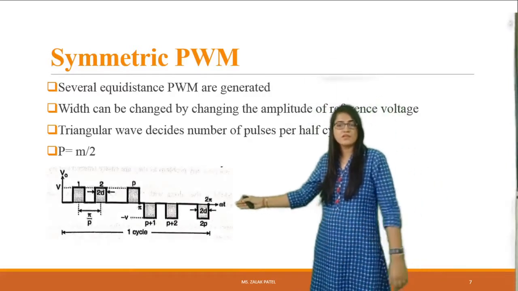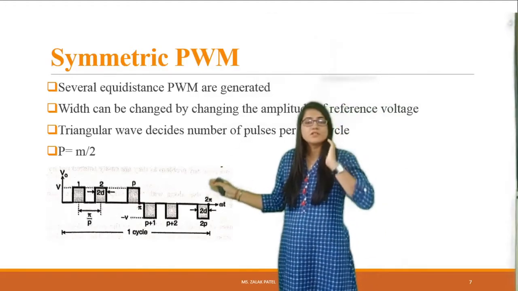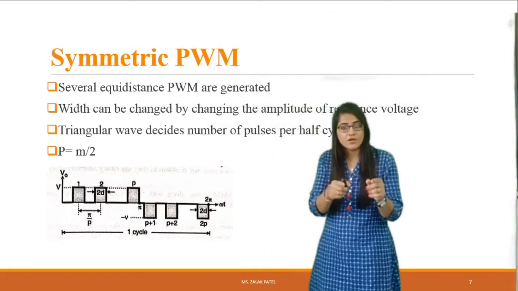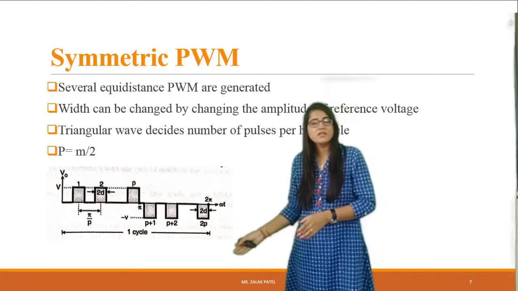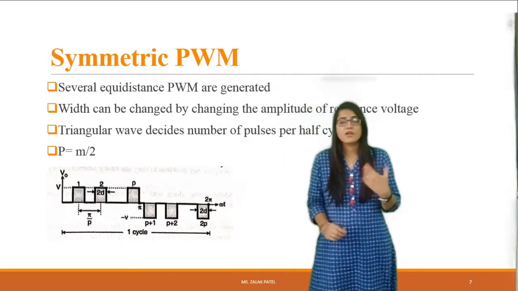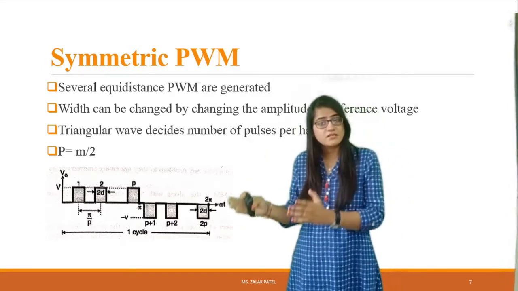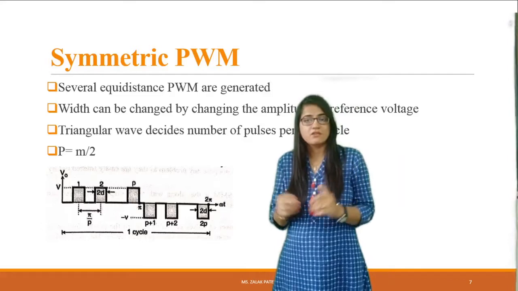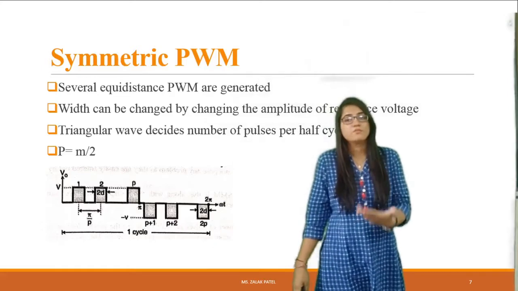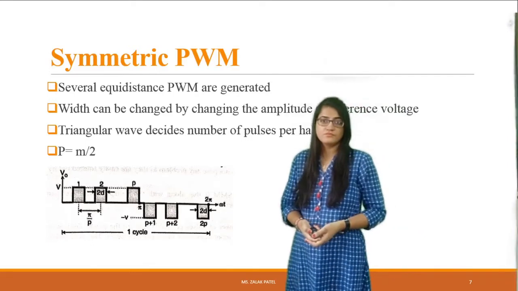Here you can see that in one cycle, in the upper half, in the positive half cycle, there is a distance of pi by t between 1 and 2. The same distance holds in the negative half cycle between t plus 1 and t plus 2; they are also separated by pi by t distance. Even for the second as well as the t number, there is an equal distance in the negative half cycle between the second and the p number of pulse. In this way, symmetric pulse width modulation can happen.